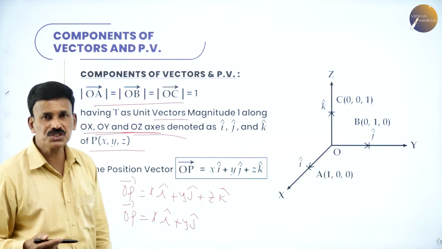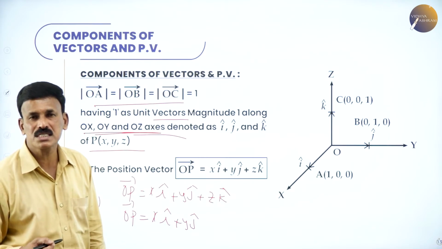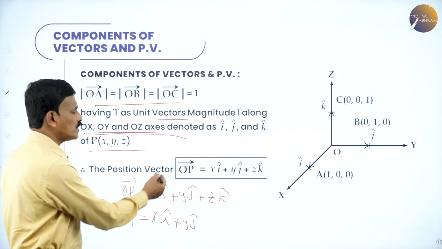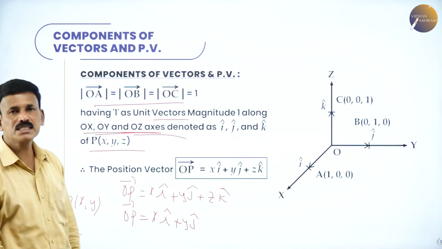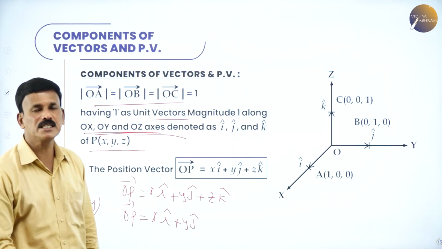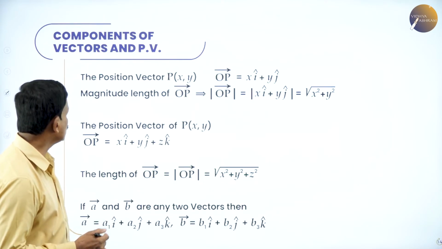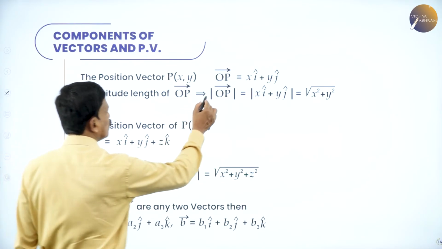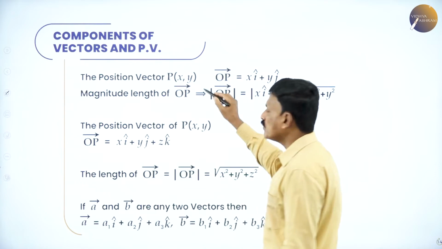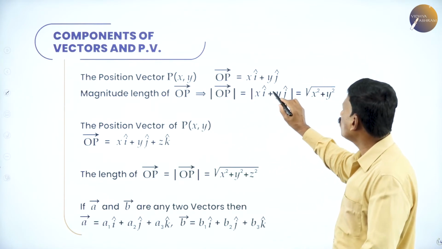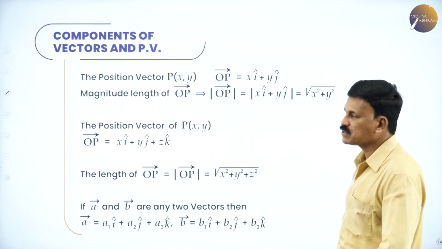Therefore, the position vector of the point P(x, y, z) is given by vector OP equals xi plus yj plus zk. Hope you followed this. Now let us come to the next. The position vector of the point P(x, y) is given by OP equals xi plus yj,